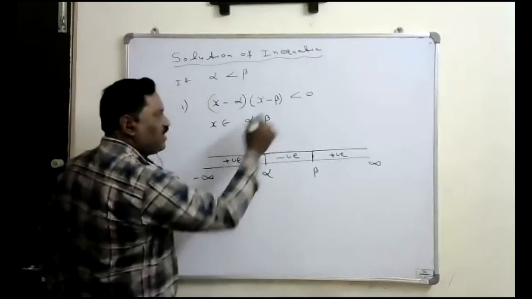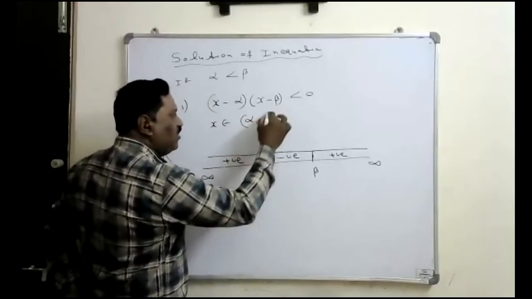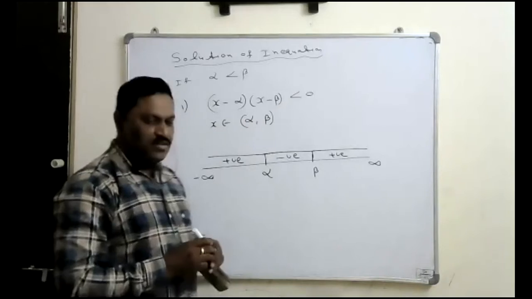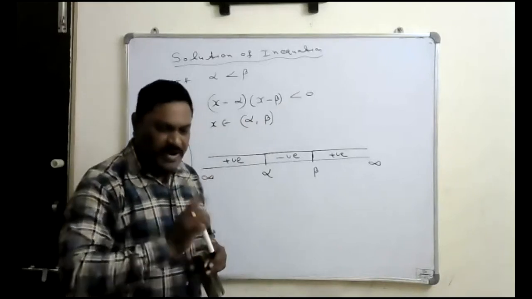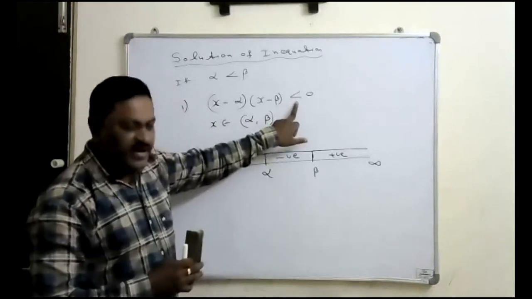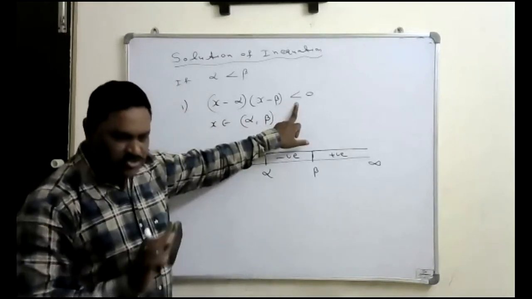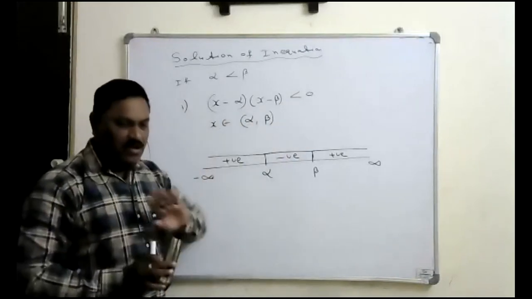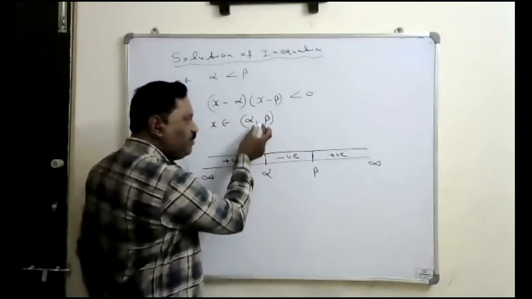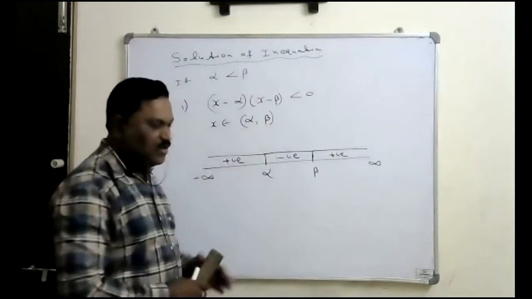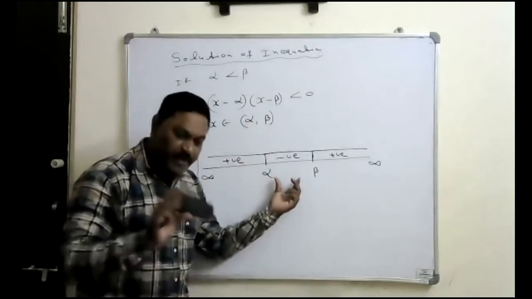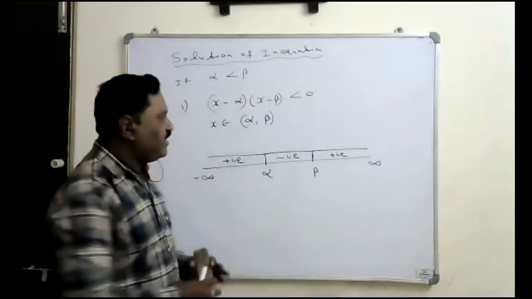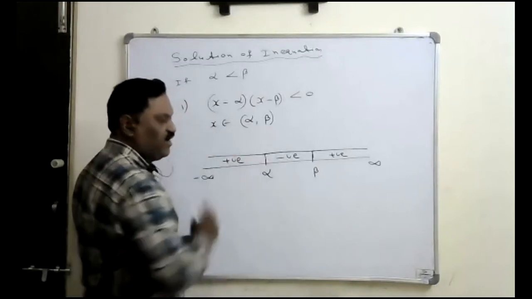We will write it because if equal to is not there, we have to take the open bracket. Already I was given this concept to you. The difference between open and the closed bracket. मतलब is it equal to? Equal to is not there. मतलब we should not take the alpha, we should not take the beta. Alpha, beta छोड़ की बाकी सभी बीच का values लेना पड़ेगा. Means we have to take all the values lies in between alpha and beta, but we should not take alpha and beta. In certain cases, we have to keep the open bracket.